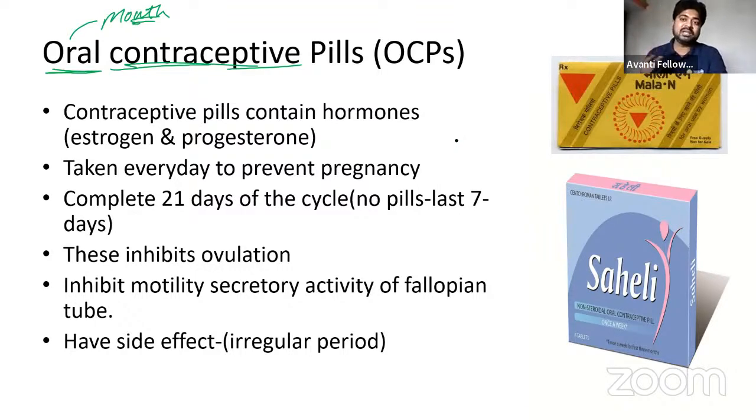But oral contraceptive pills have a different type of mechanism of action. Like you can see, the contraceptive pill contains a hormone, either estrogen or progesterone. So there are two types of pill. First is the mini pill and next is the combined pill. Combined pill contains both types of hormone, estrogen and progesterone, and mini pill contains a single type of hormone. So Saheli is one type of mini pill because it contains only one type of hormonal receptor. And Saheli is made by one of the organizations,